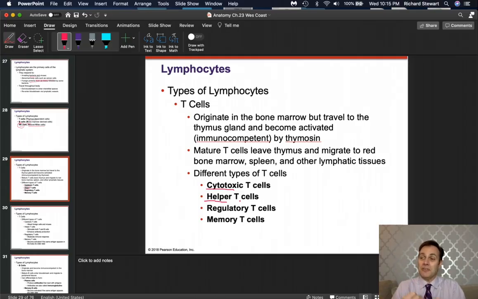However, sometimes when you get somebody to help you, they get a little carried away and start to get in the way. So when that happens, we have a regulator T cell that tells the helper, hey, look, stay down, you're getting carried away here. So the regulators control the helpers. The helpers initiate and mediate the attack. The regulators make sure that the helpers and everything stay where they should, and it doesn't get too carried away. Memory cells remember what attacked, so next time it shows up, they know how to kill it.